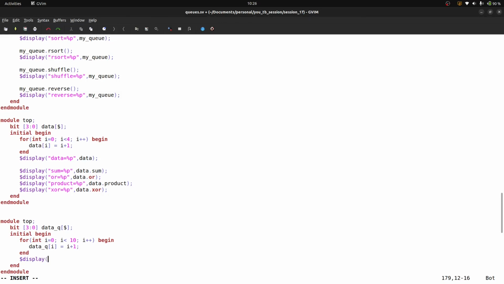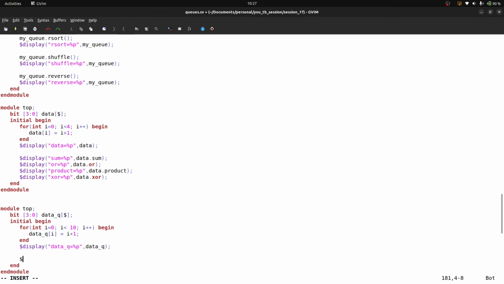Dollar display, data Q is equal to percent p, data Q. Dollar display, dollar left is equal to percent d, dollar left of data Q.